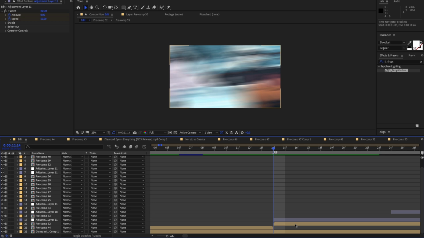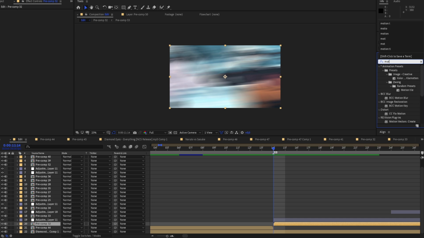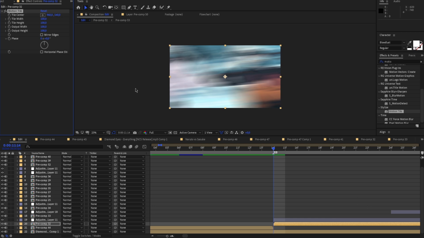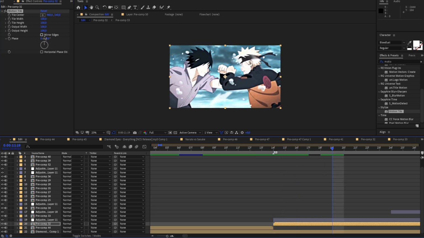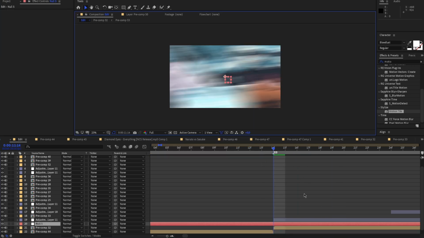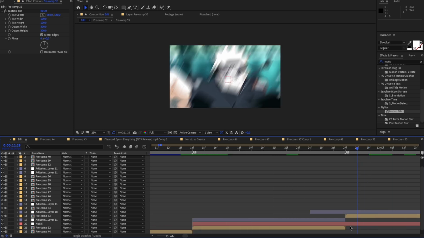So just go back to the clips where I already have the shakes and add motion tile to them right here. And with motion tile you want to activate mirror edges and set the output width to 300 and the height to 300 as well, like this. And now you want to add 2 null layers